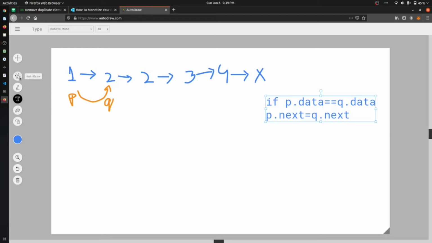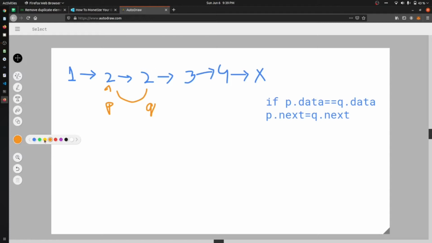So if we are at this point 2, and this is the Q and this is the P, according to this pseudocode, Q and P are same. So what is the Q dot next?